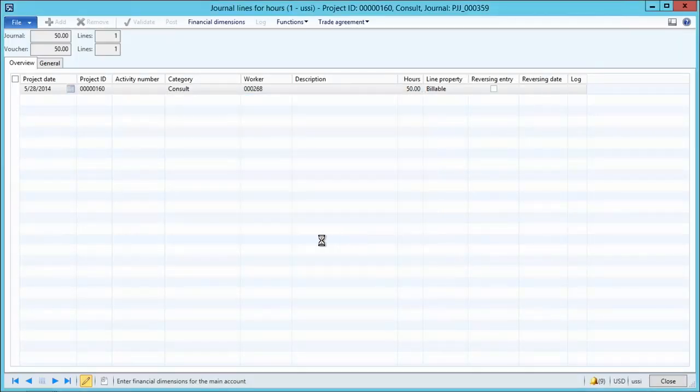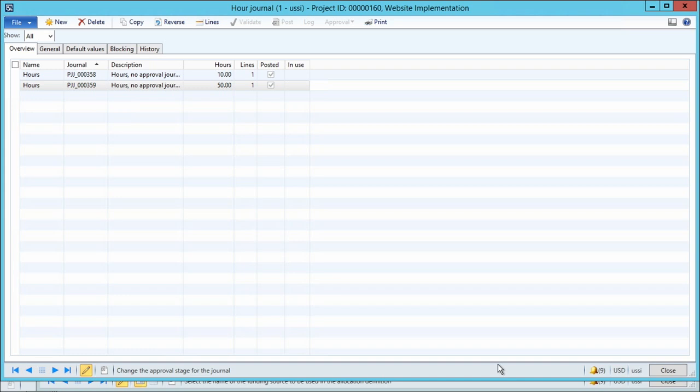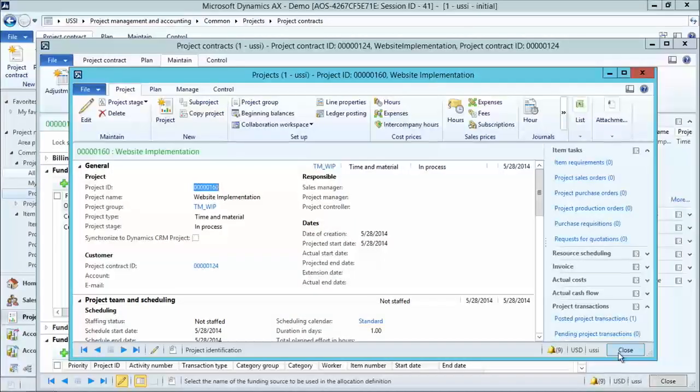So now we'll try to post this transaction, and now we are able to post this transaction because we have an on-hold funding source, and that works like a catch-all funding source. In the event that you have any not-to-exceed limits that are enforced, you can set up an on-hold funding source while you renegotiate those limits